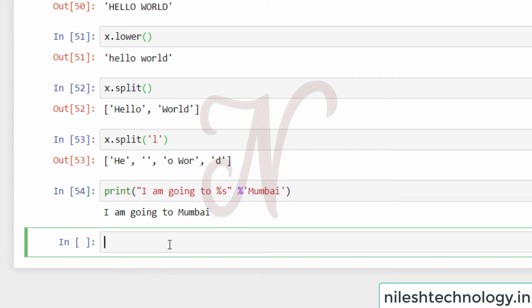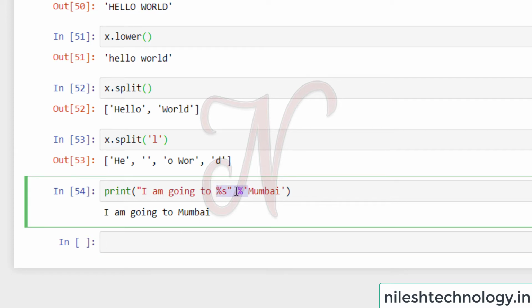I can run this: I am going to Mumbai. It is a little bit different compared to C language, because here the % sign is used two times: first in the %s, and second when you want to replace this %s by using one string.